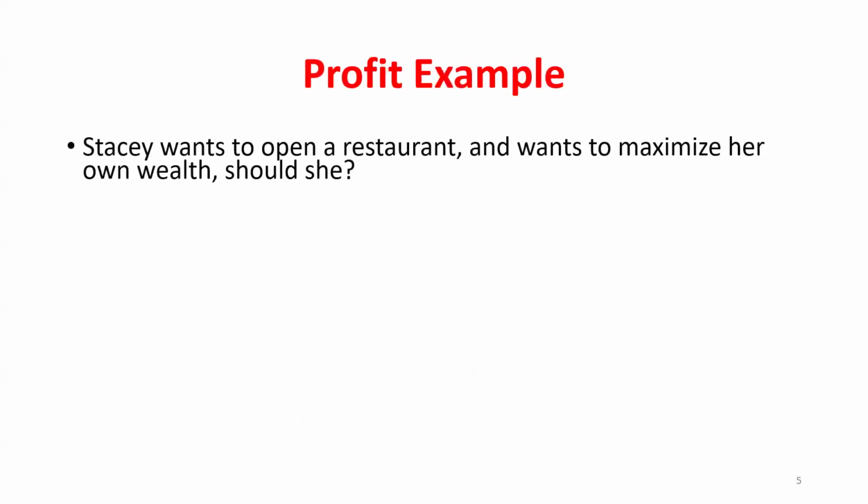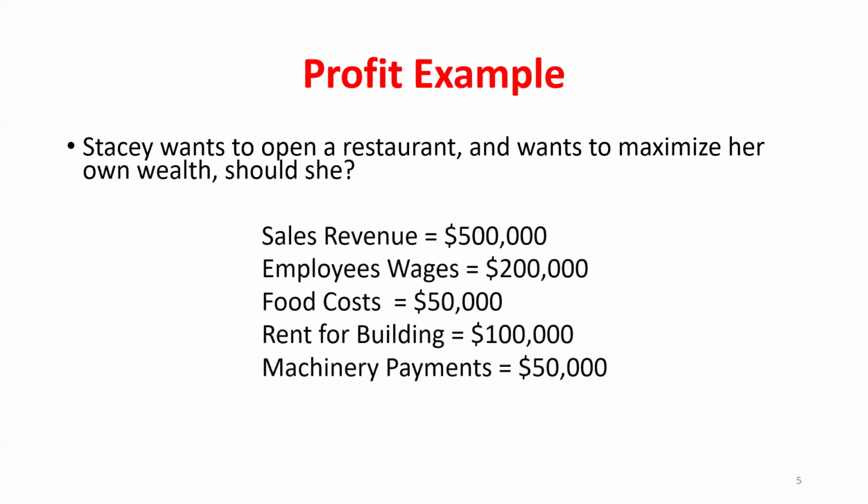Okay. So let's say I've got someone who wants to open a restaurant. Their current estimates are that if they open this restaurant in Bloomington, they can make $500,000. They've got all these explicit costs, right? I've got to pay my workers. I've got to buy the food or raw materials. I've got to rent the building space. I've got to pay for ovens and grills, different machinery, right?